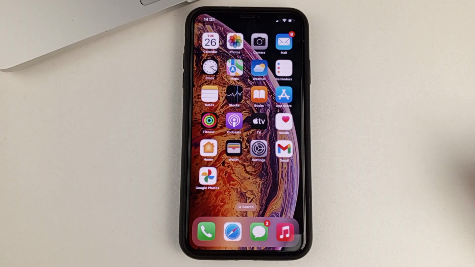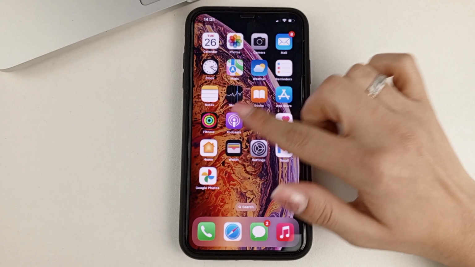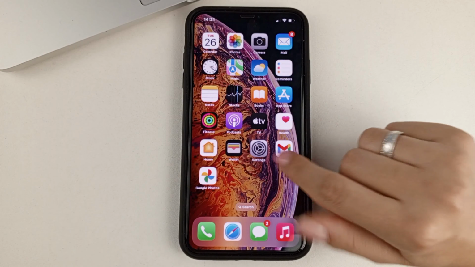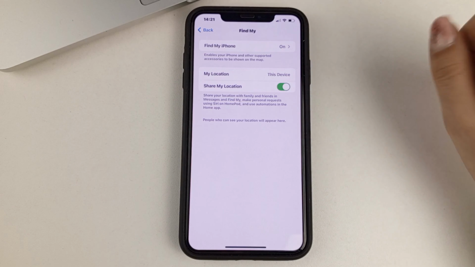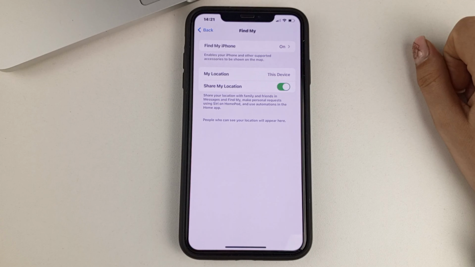Let's get started. So first we need to go into the phone settings. Scroll a little bit and we find the security privacy section. Click on it. Next we need to select location management. That's the very first line. Next we choose share your location. And after that, we will need to disable this feature.